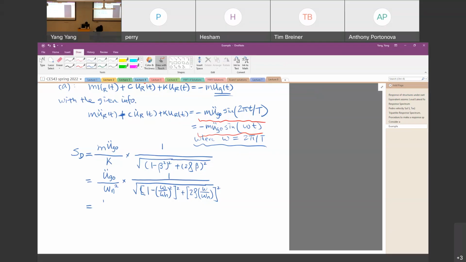So we just go ahead and change all the ratios of natural frequencies to ratios of natural periods. So that's equal to